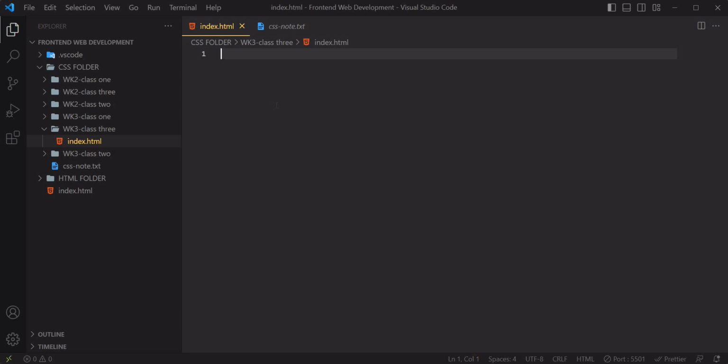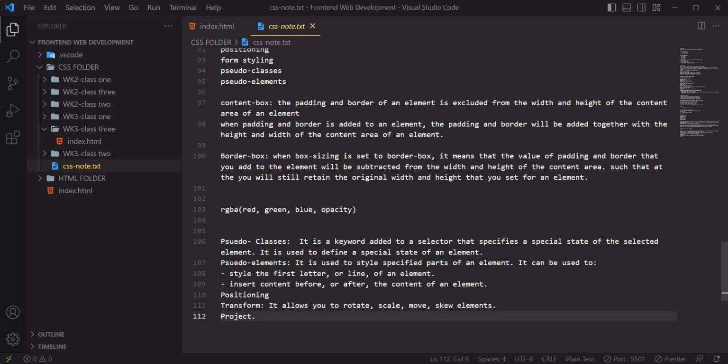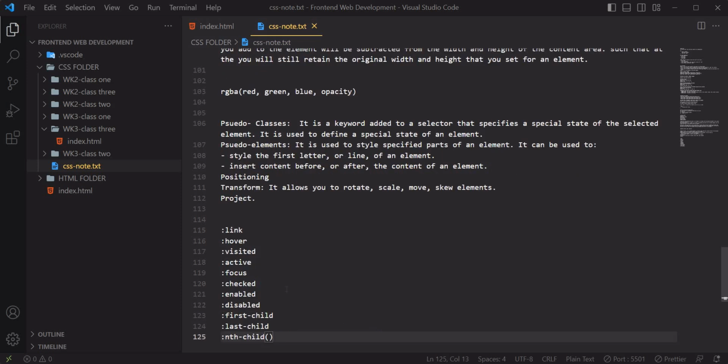We have a lot of pseudo class selectors, and we will not be able to exhaust them here, but you can browse on it so that you can see a lot of them. Let me show you a few of these pseudo classes. Here is the list of some of the pseudo selectors. We have link, hover, visited, active, focus, checked,